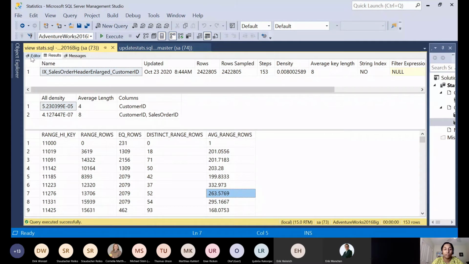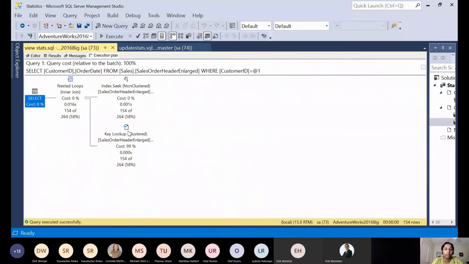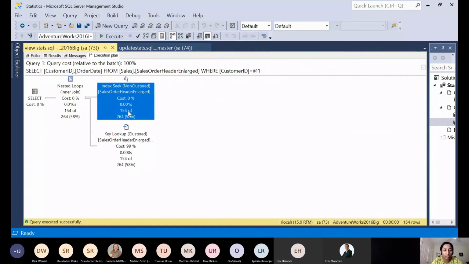Now let's see if that is what it shows in the estimates. When you go to the execution plan and check the estimated number of rows, it shows 263.5, which is exactly what it showed in the histogram. And the actual number of rows is 154.